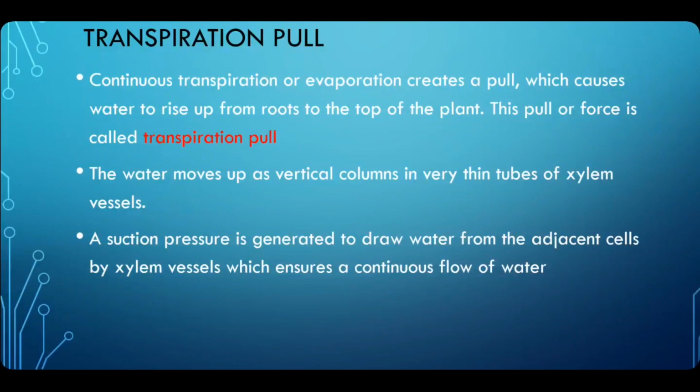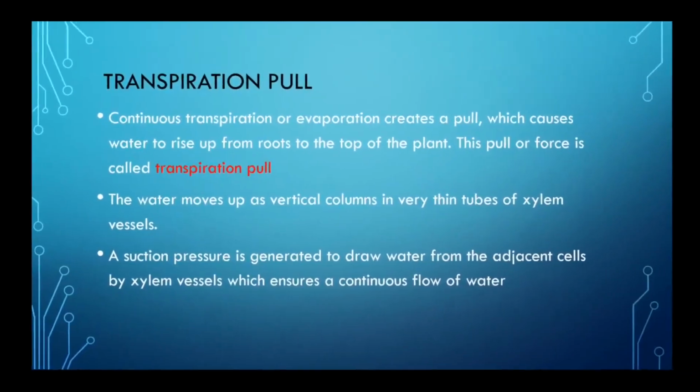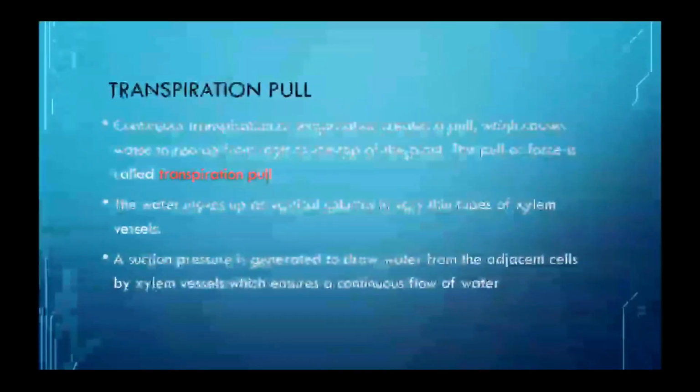Now the question is somewhat clear: how does water reach the tallest trees? It is because of that transpiration pull. Okay, because in short trees it is by root pressure or by capillary action, but for tall plants transpiration pull is required, because the leaves are in the atmosphere and they evaporate water continuously, and that's how this pull is generated, which makes the water reach the upper region of the plant.